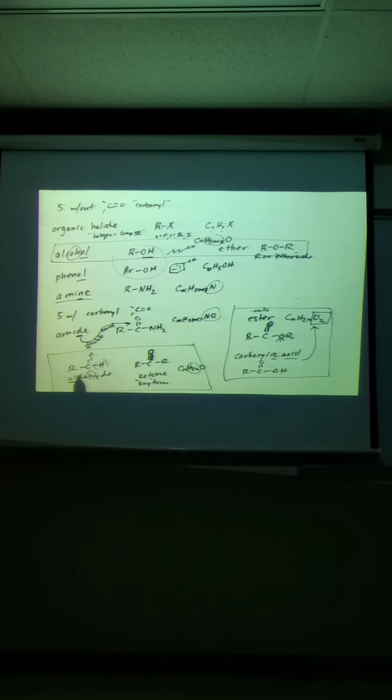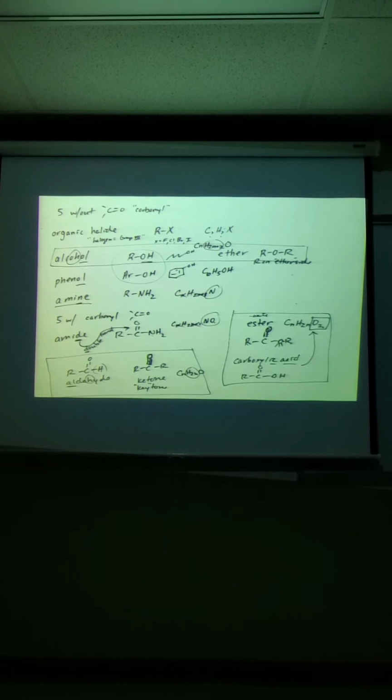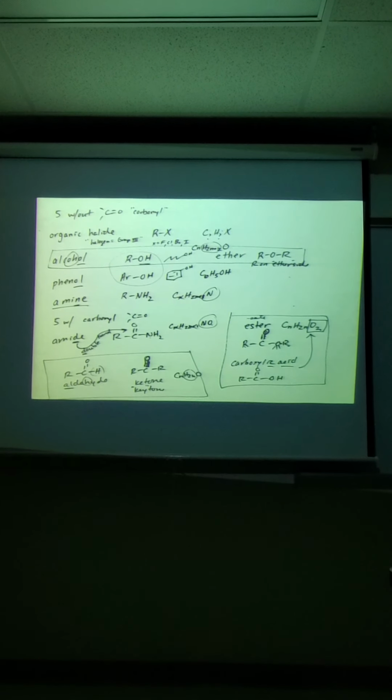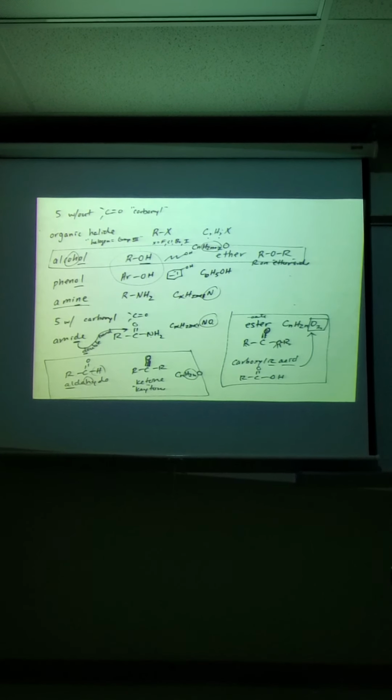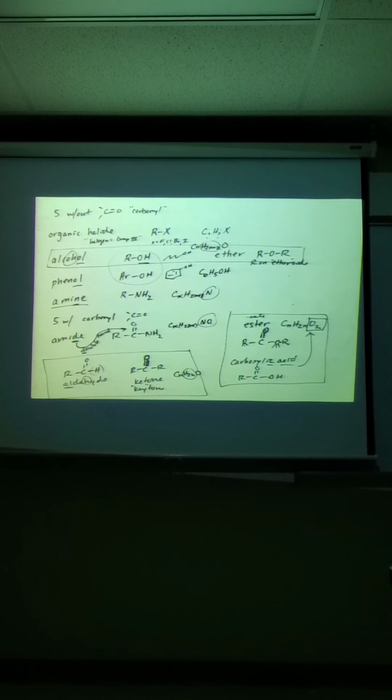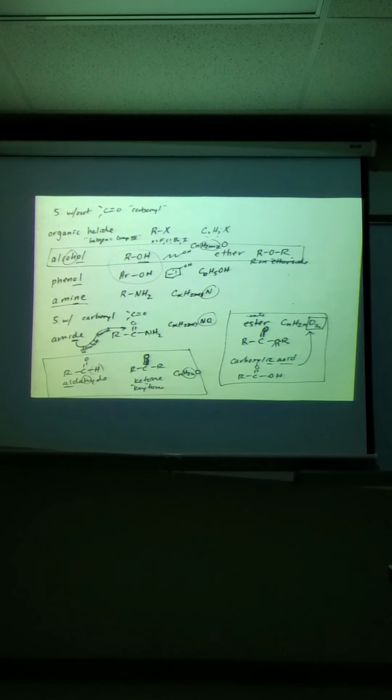We need to know what they look like, we need to know what kind of generic formula they might have, and there's little clues on each one to help recognize functional groups as you look at drug molecules and start identifying them in some of our labs a little bit later on. So hopefully this helps at least give you some clues on what to look out for as you think about functional groups, because all of these are polar and all of these are part of our body in our upcoming chapter for biochemistry, and we'll see you